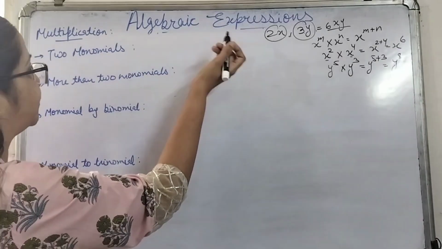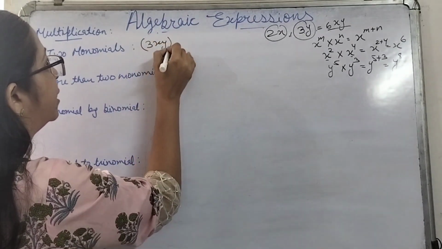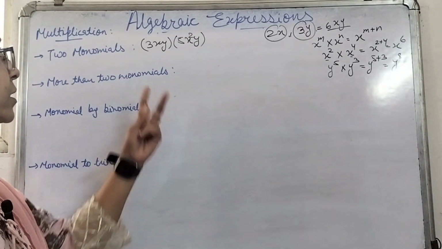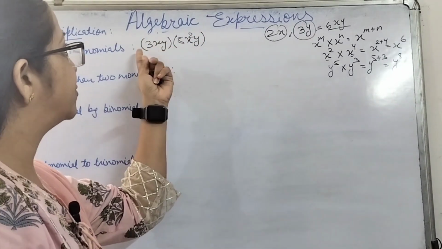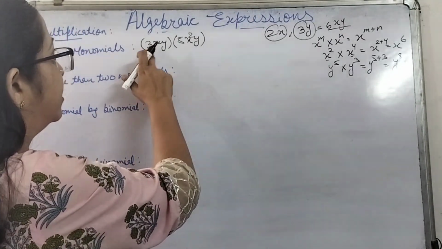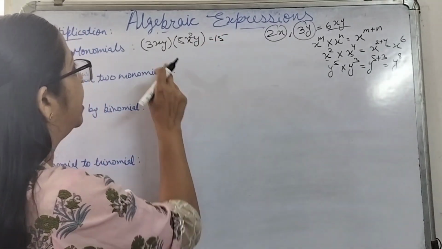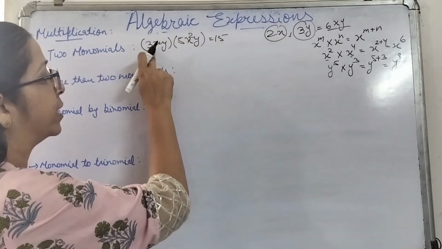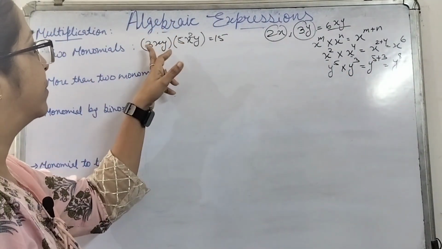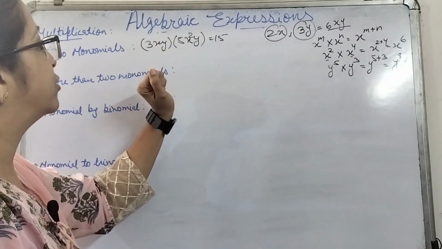Now see over here. Suppose I am saying 3xy multiplied by 5x square y. These two are monomials. So first of all, we will multiply the numeral coefficients: 3 over here and 5 over here. So 3 multiplied by 5 will be 15. Now x multiplied by x square. Just now we have seen the laws of exponents. The bases are the same, and the multiplication sign is there in between,